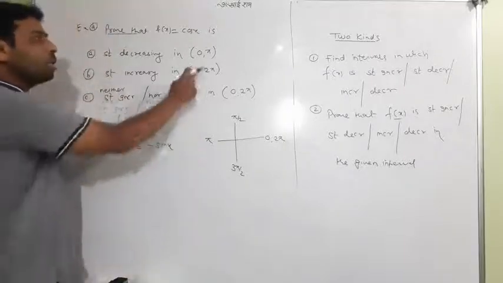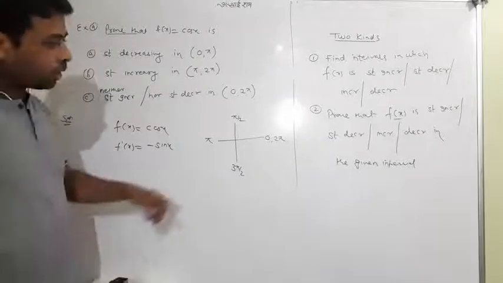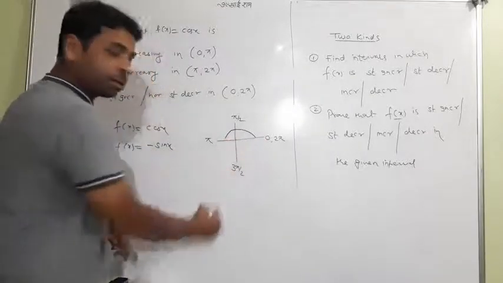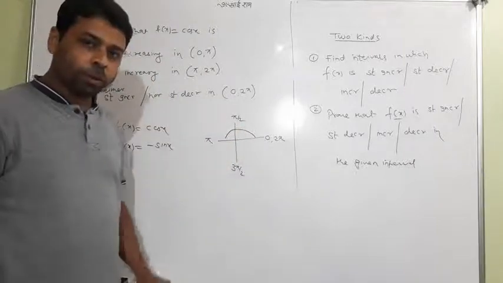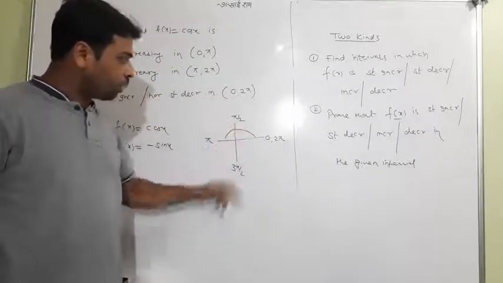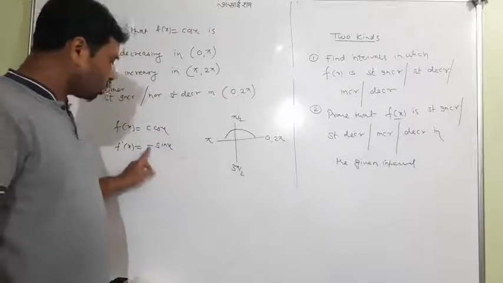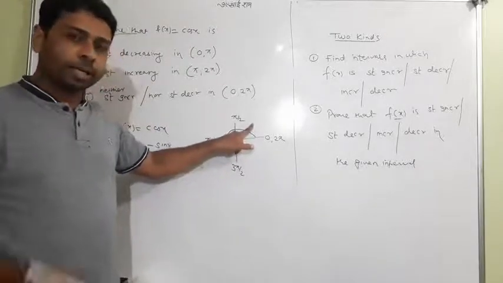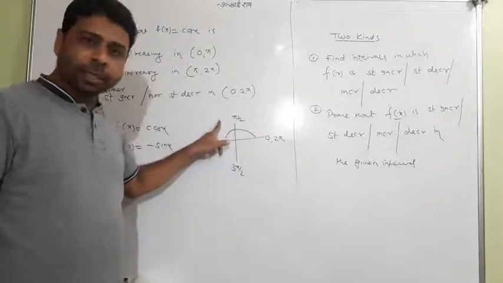Look at, this is interval 0 to pi. So would you think that 0 to pi contains the first quadrant and second quadrant? And in these two quadrants, what is the nature of sin x? Don't say minus, only sin x. So I would say that in the first quadrant sin x is positive, and in the second quadrant sin x is positive.